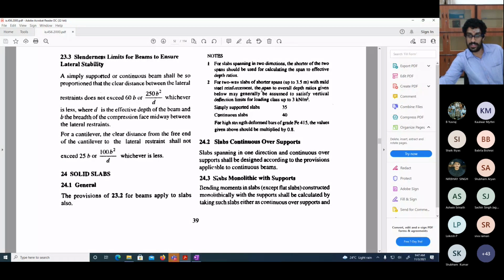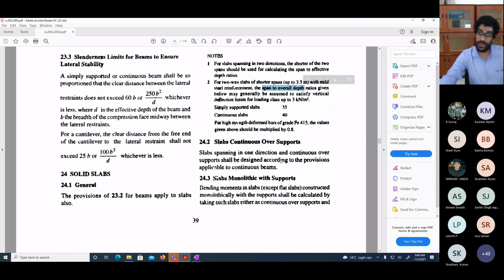For two-way slabs, it says for shorter spans up to 3.5 meters. All our spans are actually more than 3 meters: 3 meters, 4 meters, and 5 meters. Those are the spans that we have. So in general we could have used this, but since we do not have our restriction within 3.5 meters, neither is our loading less than 3 kN per meter square. I have shown 1 and 4 as the dead load and live load, so the total load is 5. It is also not going to satisfy this particular property.